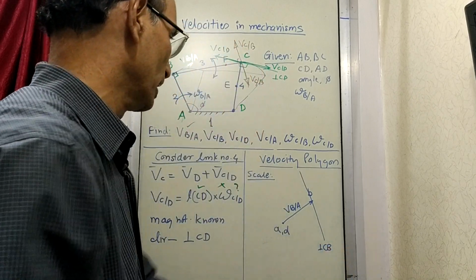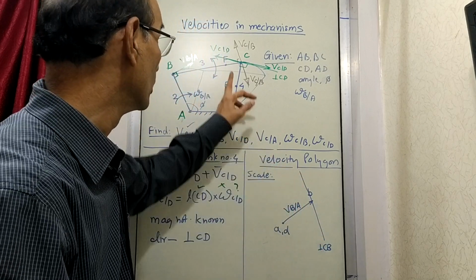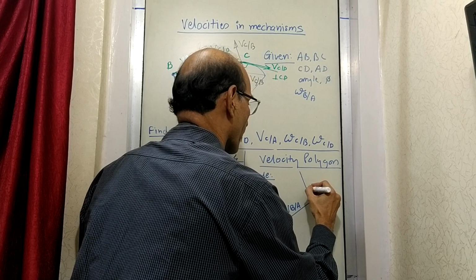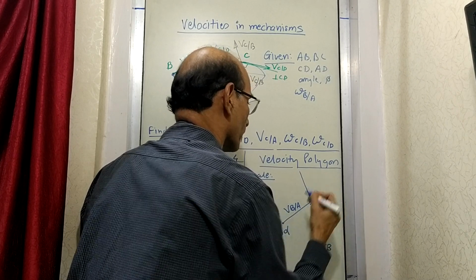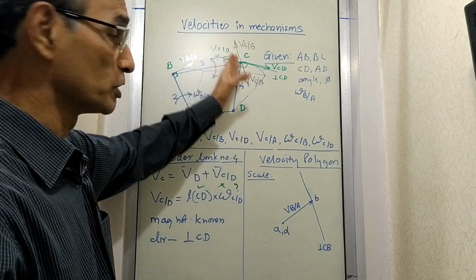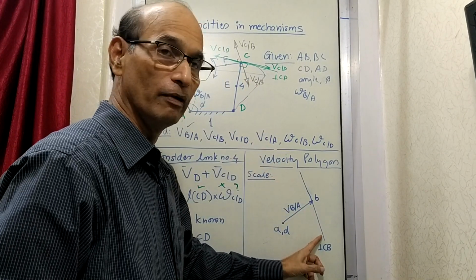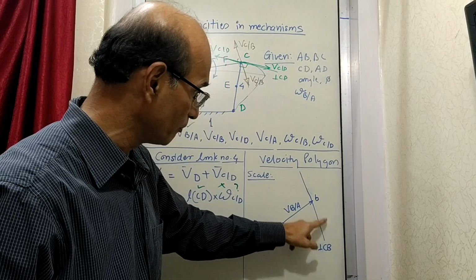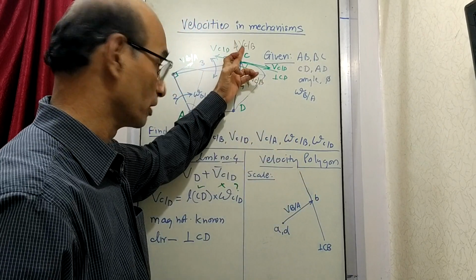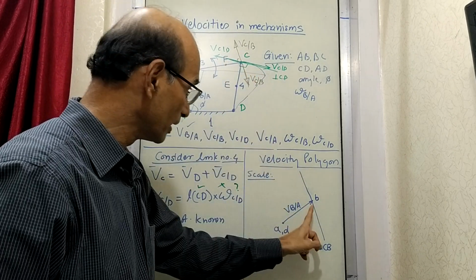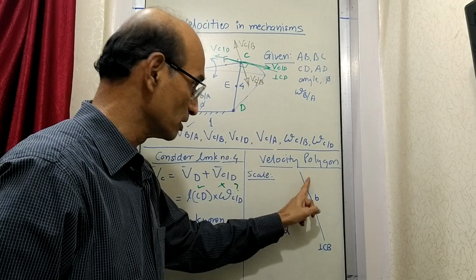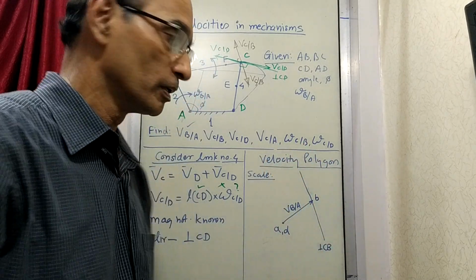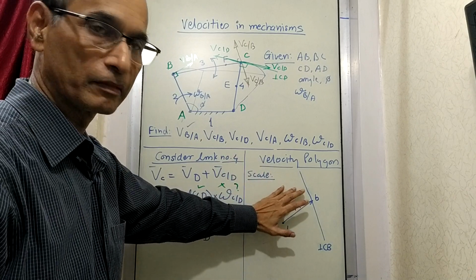Now this you have to write every time: this line is drawn perpendicular to the line CB. On this line C will lie somewhere. If C is here, suppose, then this becomes the vector velocity of C with respect to B, and that is what we want. If C comes here, then this vector will represent velocity of C with respect to B. C is going to be on this line, but where it is, we don't know. Okay, but again we leave this half.